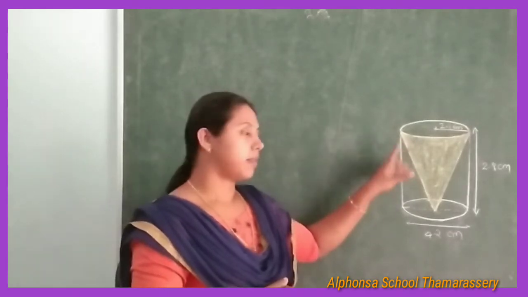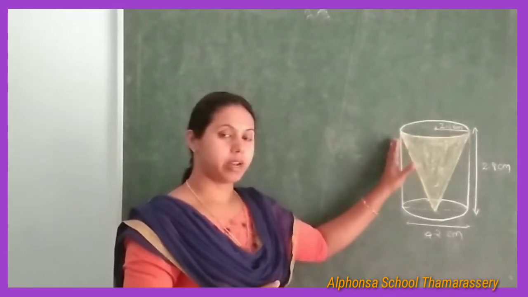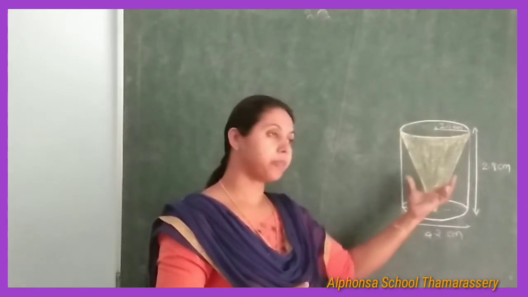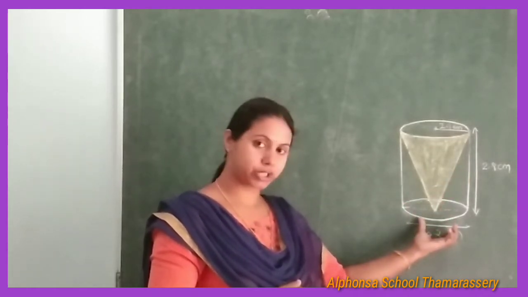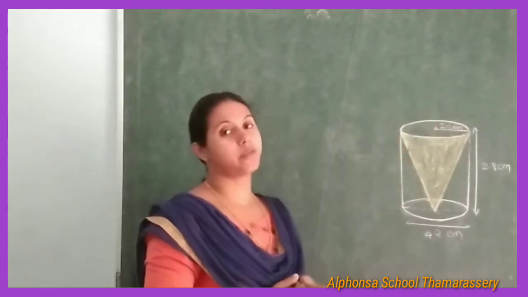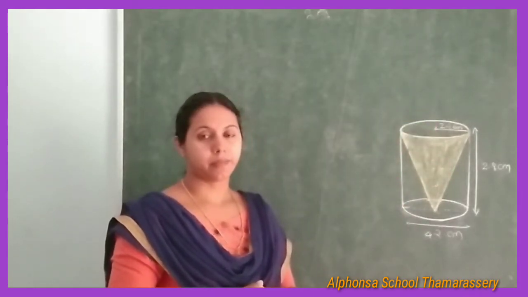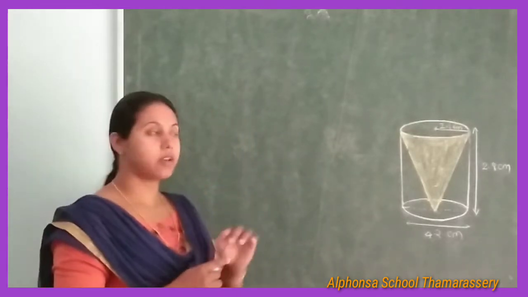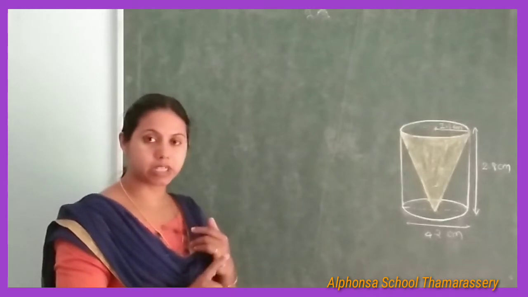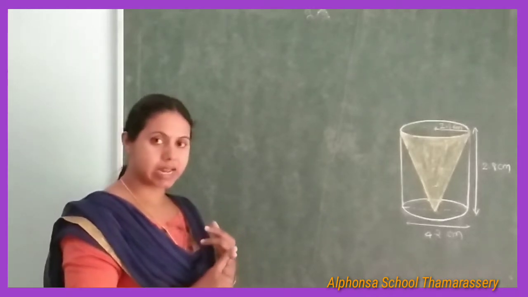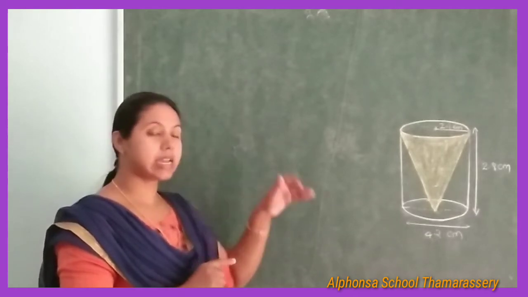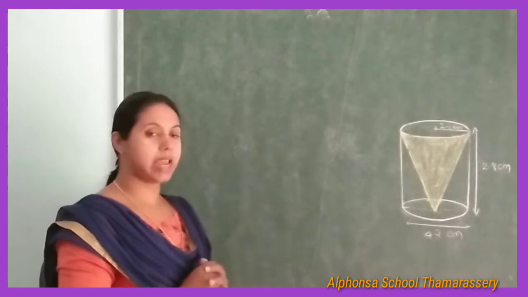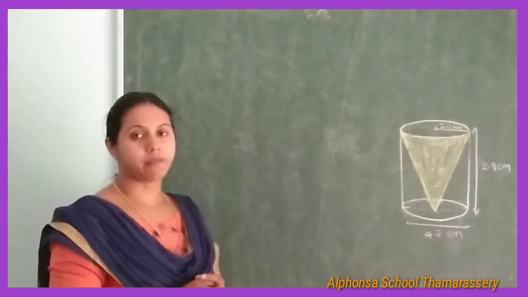We want to find the total surface area of this remaining solid. So when you are finding the total surface area of this solid, first you want to take the curved surface area of cylinder, then base area, that is a circular shape, and the inner curved surface of the cone. So to get the total surface area, we want to add these three areas. First the curved surface area of cylinder plus base area, that is pi r square, plus inner curved surface area of cone, that is pi r l. If you add these three areas, we will get the total surface area of this solid.